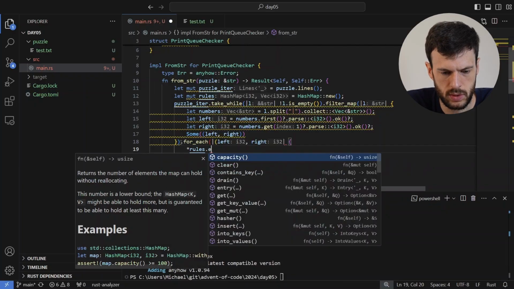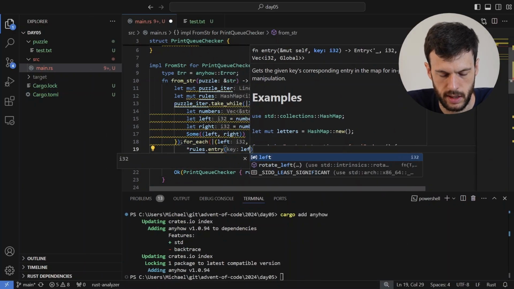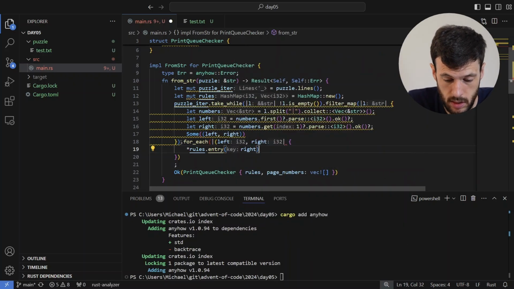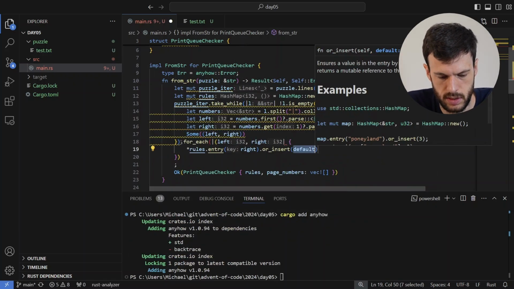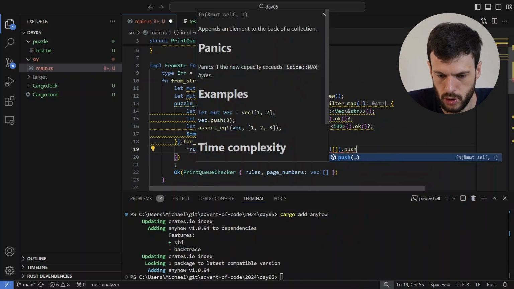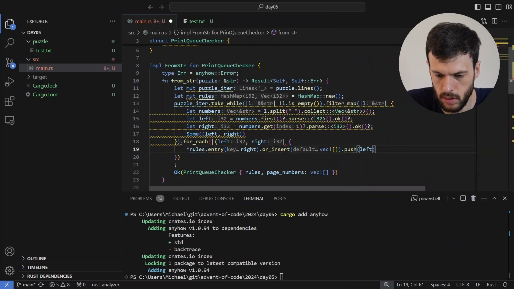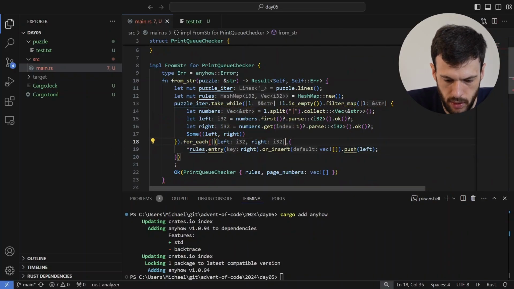So it will be rules.entry, the key, which is the right dot, or insert, which will be an empty vector dot push left. And I think that's now okay. This needs to be